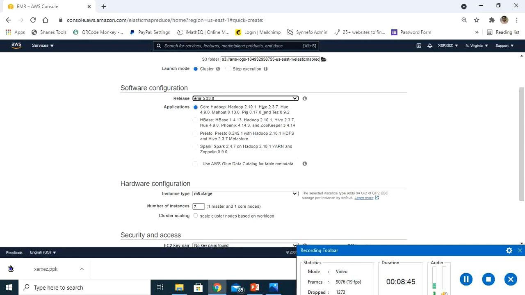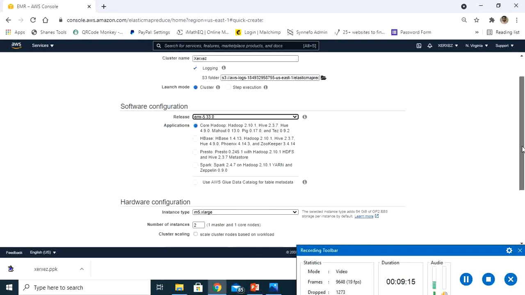Along with that, you can go with Hive for the database system, Mahout for machine learning, Pig where you can write Pig Latin scripts, and Tez for speed. This is the basic configuration we require. In the same way, based upon your requirement, you can go with other options also: HBase, Presto, and Spark, which is widely used nowadays in companies.